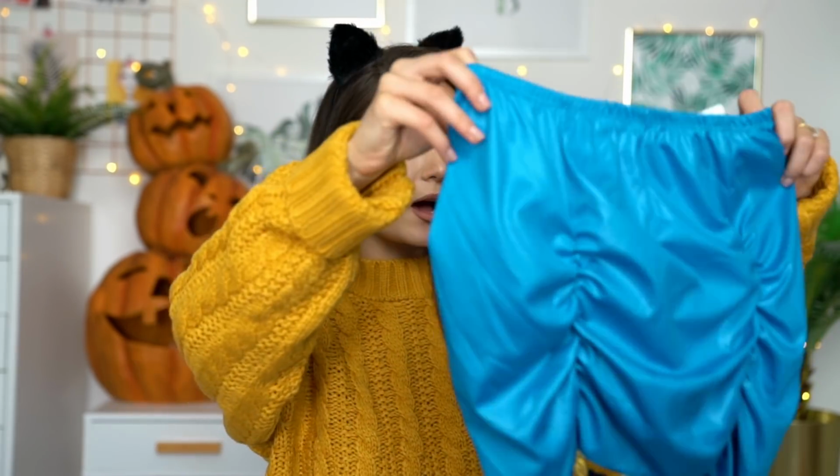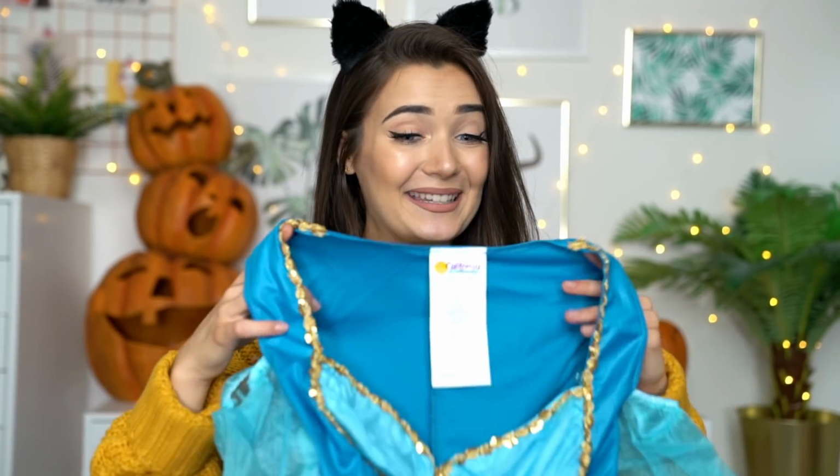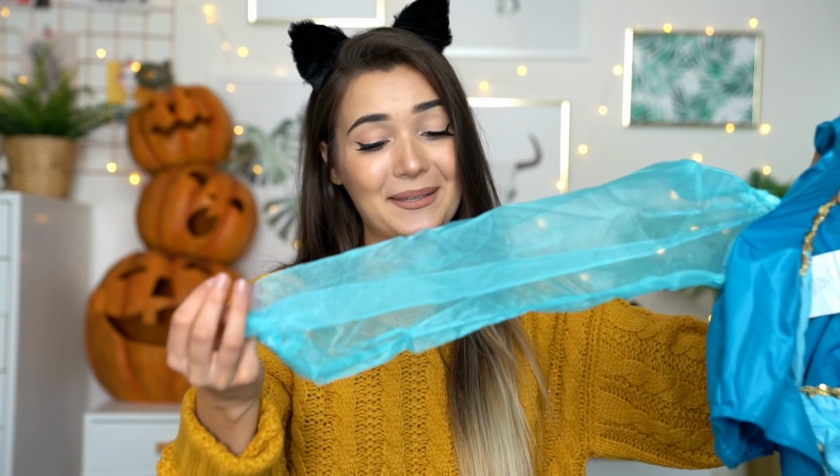We then have the skirt, which looks like this. It's kind of asymmetrical. Next we have the actual top. This, I've got to say, does not feel the best quality. The fabric that the top is made out of is okay, but these things right here, oh my lord, I can tell this is going to be so itchy and so scratchy. But I've got to say, it does look exactly like the photo on the packaging, and I really like how much detail there is in this top. And then lastly,